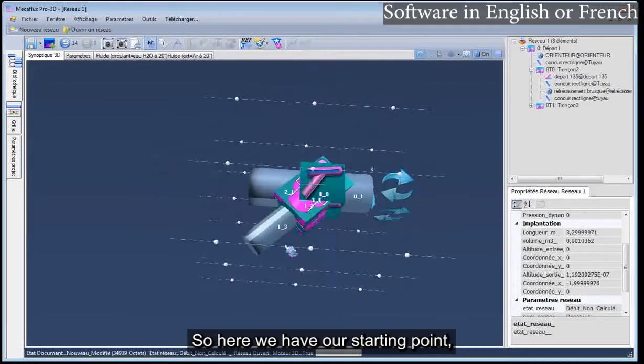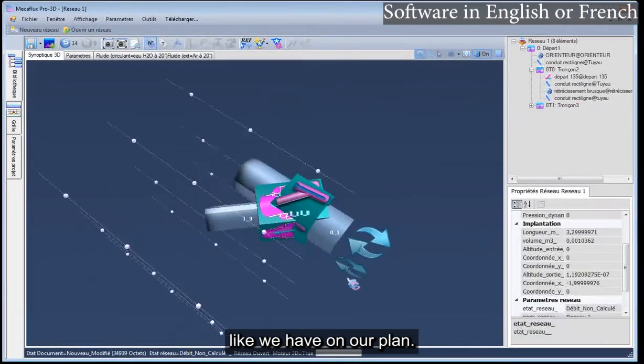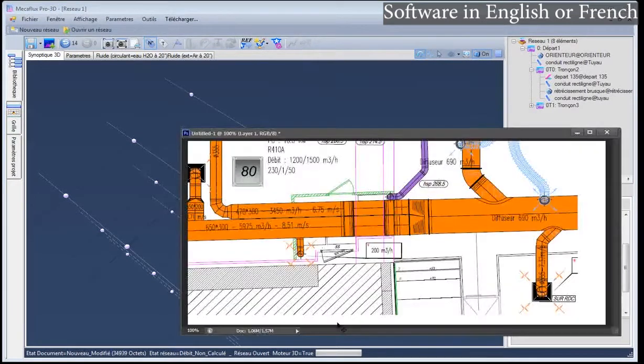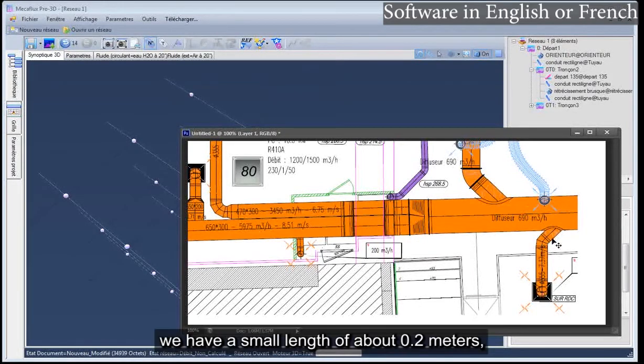So here we have our starting point, like we have on our plan. Here on this part there. So we start at 45. We have a small length of about 0.2 meters.